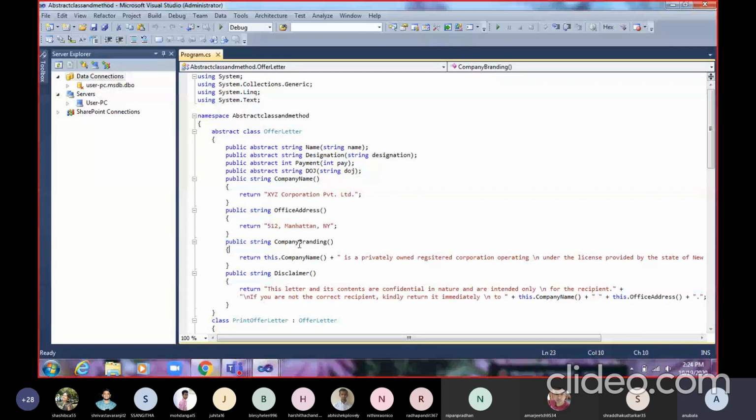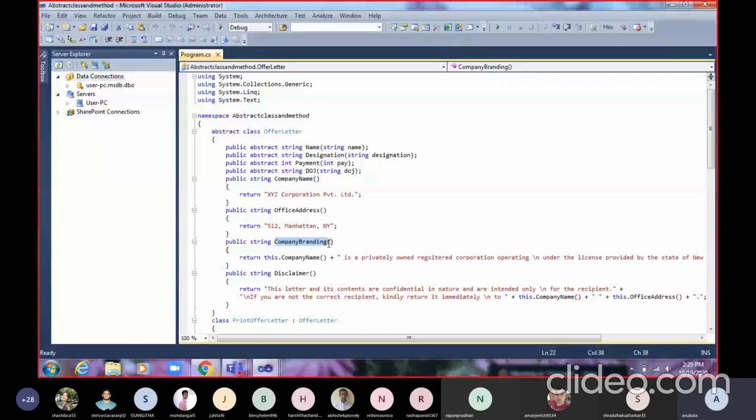Now what this will print is, it is using the current active object which is calling this method, so it is using this dot. First it will call the company name. If you can see here, company name will get executed and this line will get printed here, plus it will print this message as it is, it is a private registered corporation, the one message. So here I am using method calling inside a method. I am calling one method inside the method.